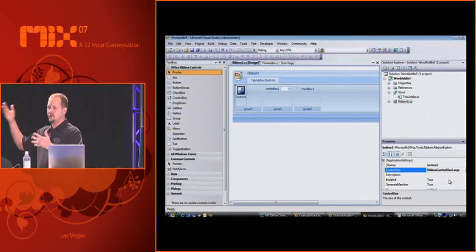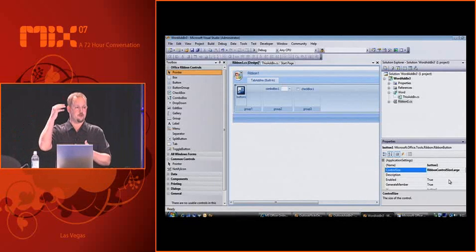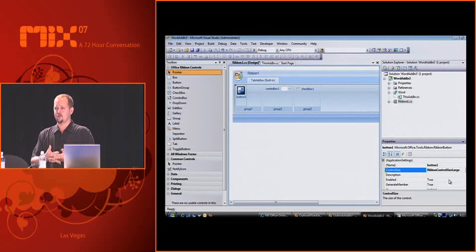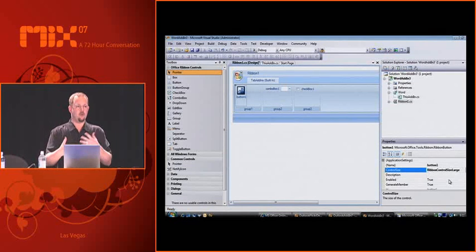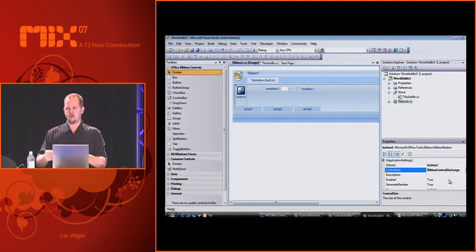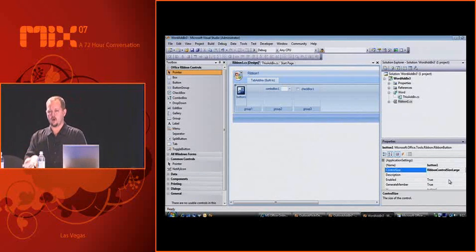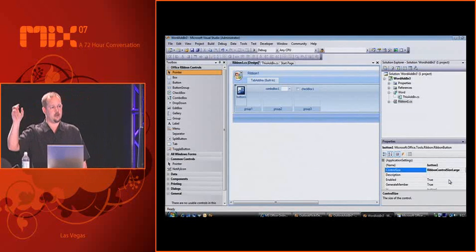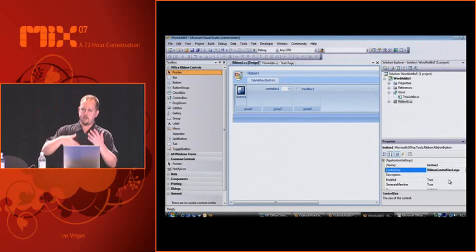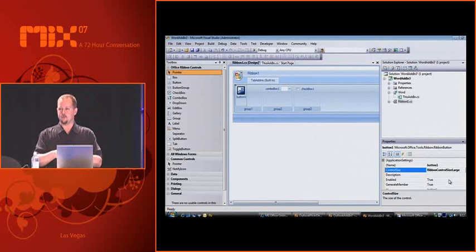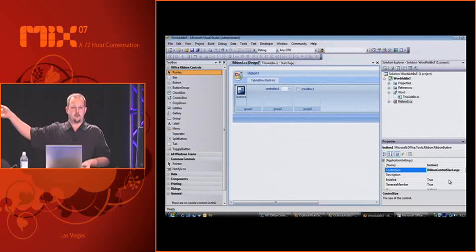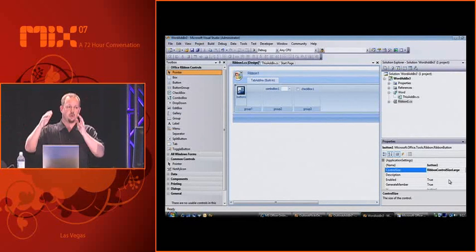Now, all of the stuff that I'm doing here just by setting some properties and dragging and dropping controls, that whole experience today in Visual Studio 2005 SE is all manual coding, right? So while I'm sitting here as a designer potentially, and I'm doing the XML piece, I'm coding this all up, I'm firing the app up, I'm seeing what it looks like. Oh, I don't like that. Close the app down, stop debugging, go back in, tweak the XML. Keep constantly doing this until you get the design that you want. Now, it's what you see is what you get, right? You're developing this live, and you basically just deploy this.